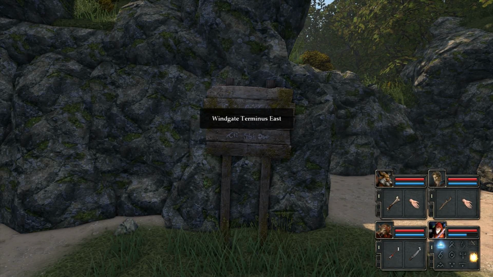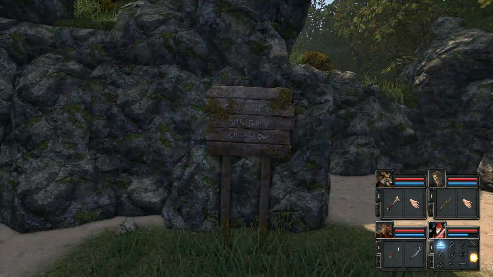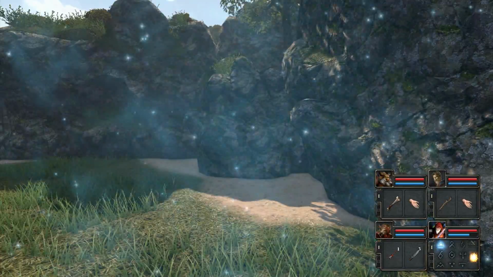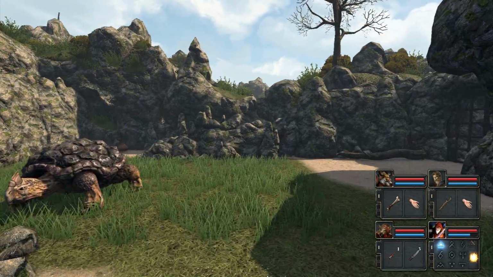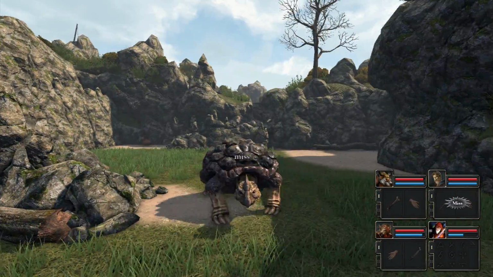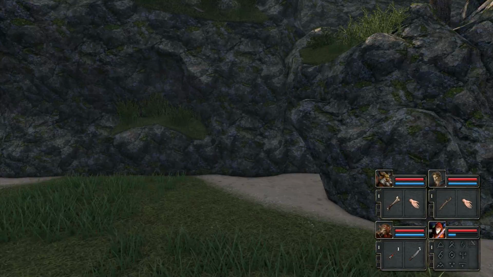What have we got here? Windgate Terminus East. I'm guessing... Okay, I need a key for that then. Oh. Okay, well that creates a teleporty type thing. Great. You just know that this is gonna... I was about to say, you know that this is gonna put you in a really dangerous place. Yeah, the turtles haven't got really much to go. They haven't got much...